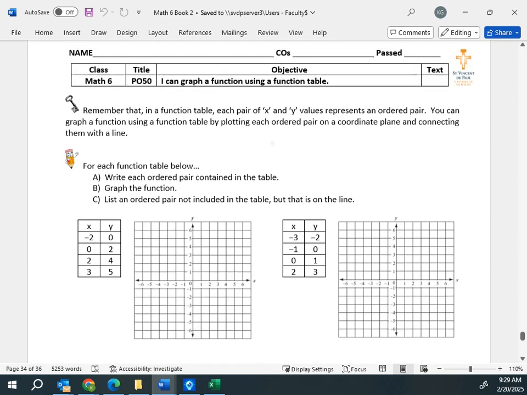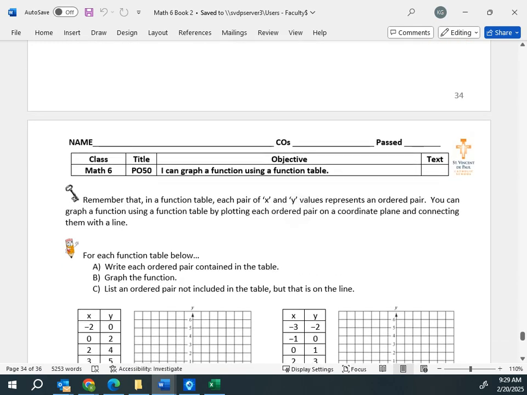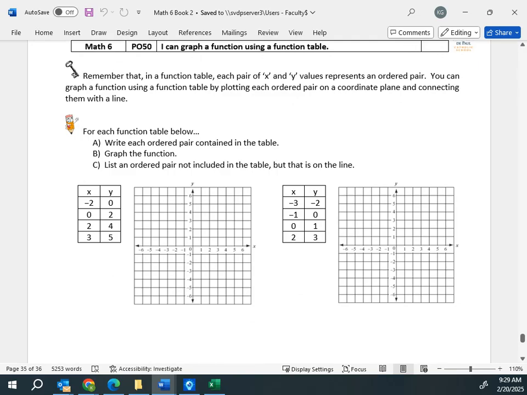Last objective, PO 50, I can graph a function using a function table. So step 1, find your ordered pairs. Step 2 is graph them. Step 3, this is the important one. When it says list an ordered pair not included on the table, what important thing do we need to find? Adeline? Yes, we need to find the slope